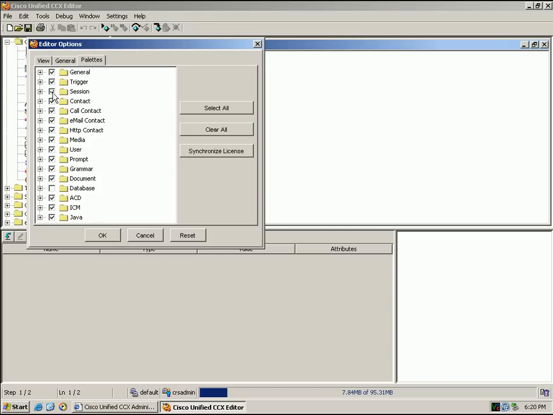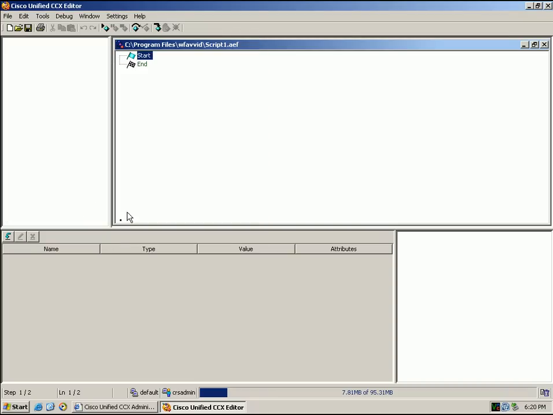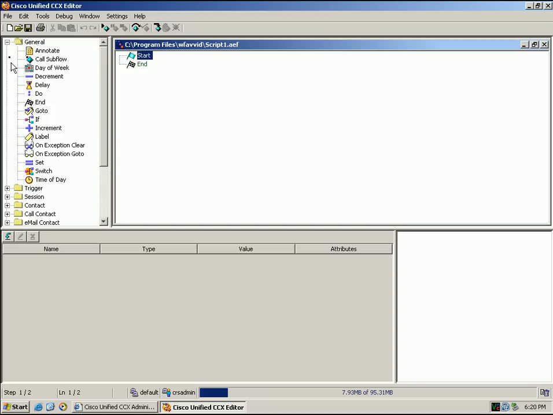So if you just want to play around with this, you can uncheck a bunch of these, click on synchronize licenses, and what it does is it goes out to the server and checks your licenses, or what you're allowed to run, and it'll enable the different folders here that you can use inside the palette window. And once I'm done with that, I usually click OK. And what I wanted to show you guys with the double click to customizers here is if you take, for example, any of the steps that are over here in the palette